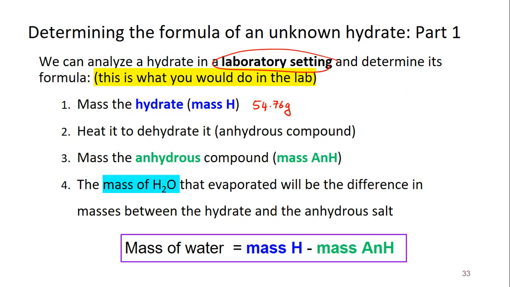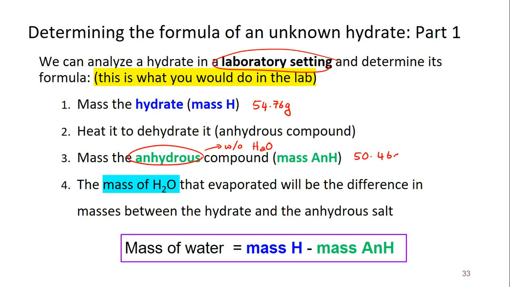They actually ground up the crystals to get more surface area for the water to evaporate, but they heated it to dehydrate it. Once you've dehydrated it, you have the anhydrous compound. Remember, anhydrous means without water. So evaporating all the water leaves you with the anhydrous compound, and then they massed the anhydrous compound,